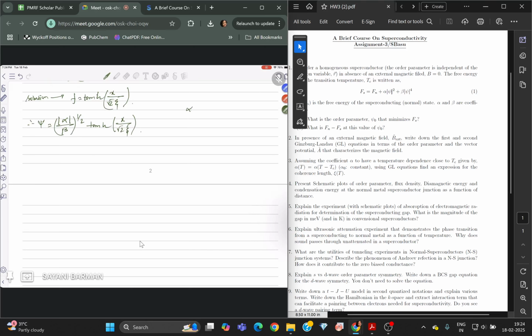And in the question it's given alpha T equals alpha times T minus Tc. Then the coherence length equation would be